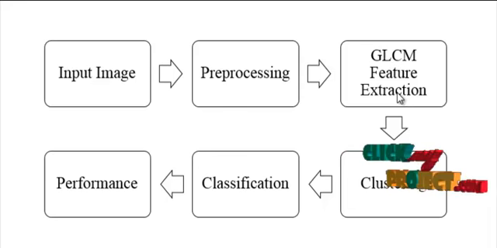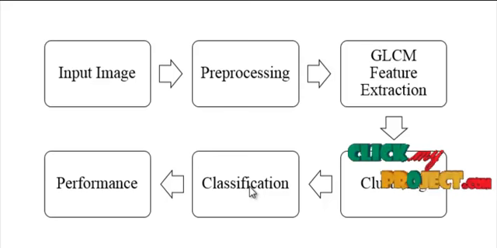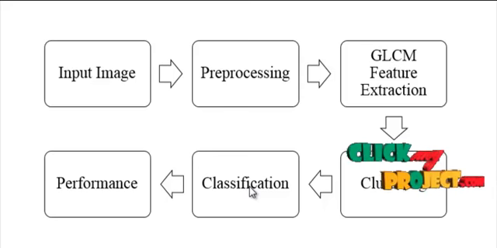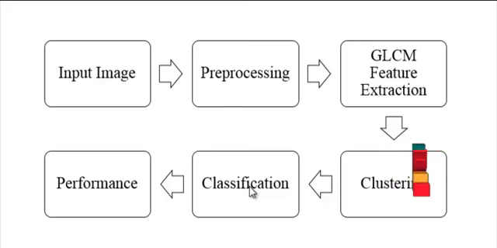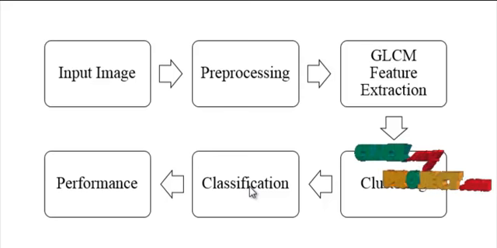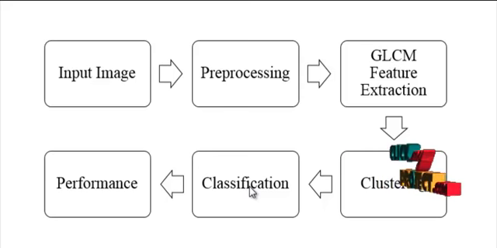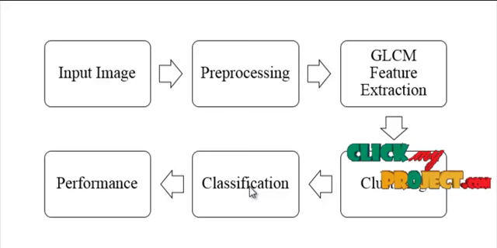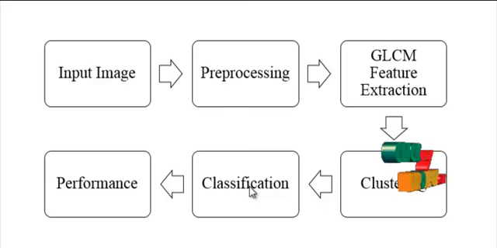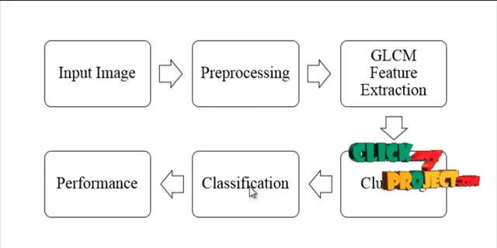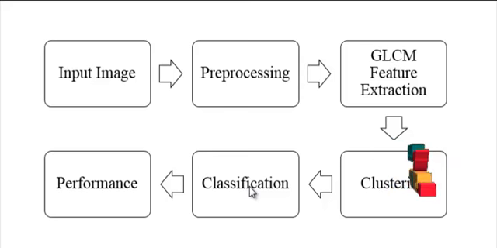After the clustering, the classification process is employed. In the classification process, the KNN classifier is employed for the classification of the images. The classifier classifies images into lawn regions or other regions based on the features extracted from the images. After completion of the classification process, we identify whether the input image that we have provided belongs to the lawn area